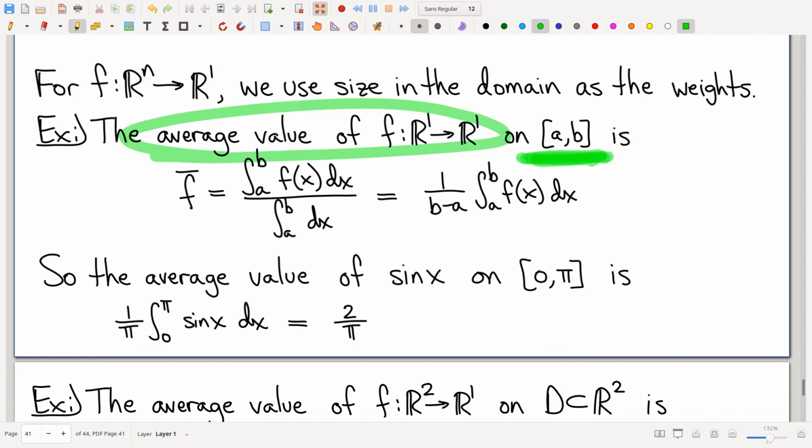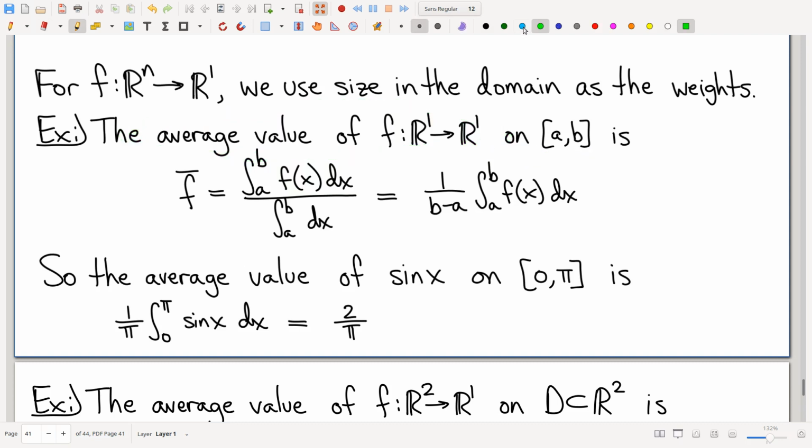Well, for all of these values between a and b, there's infinitely many points on which this function takes infinitely many different values. How do you average infinitely many different things? And the answer is no big deal. You break it up into little subintervals,